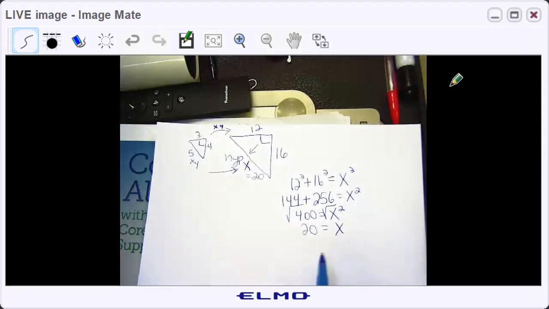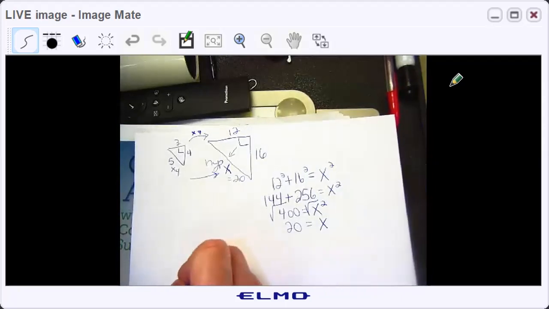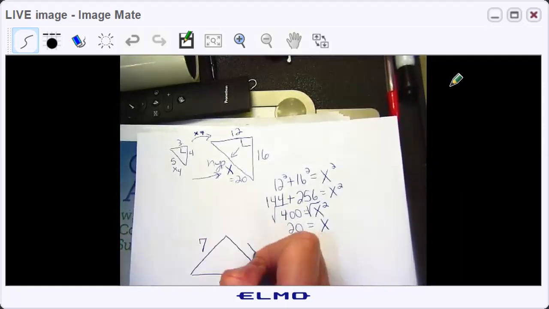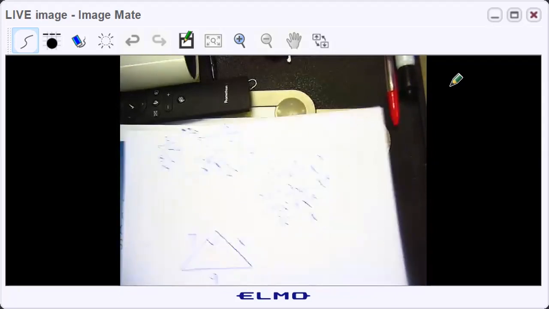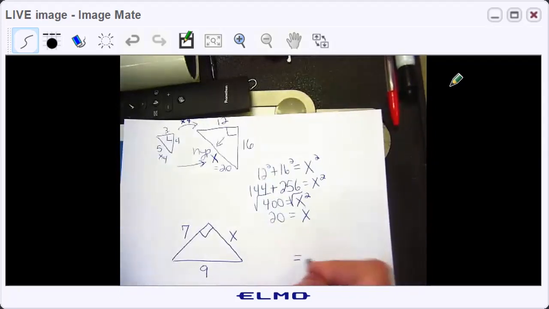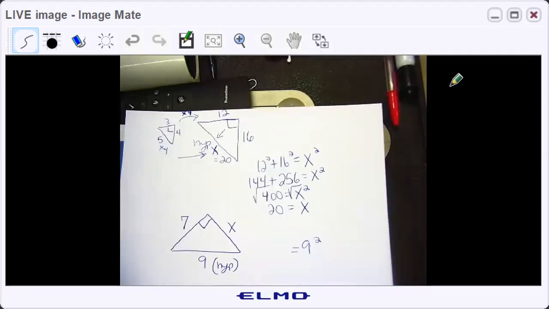Okay, let's do another example. Let's take this triangle. Let's say the hypotenuse is 9, one of the legs is 7, and I want to know the other leg. All right, so we're going to put the 9 where it belongs. I always tell the students to label the hypotenuse. You don't have to label the legs, but always label the hypotenuse to make sure it's in the right place